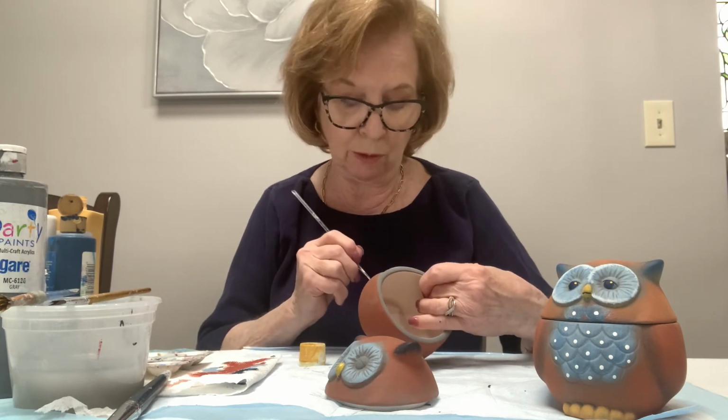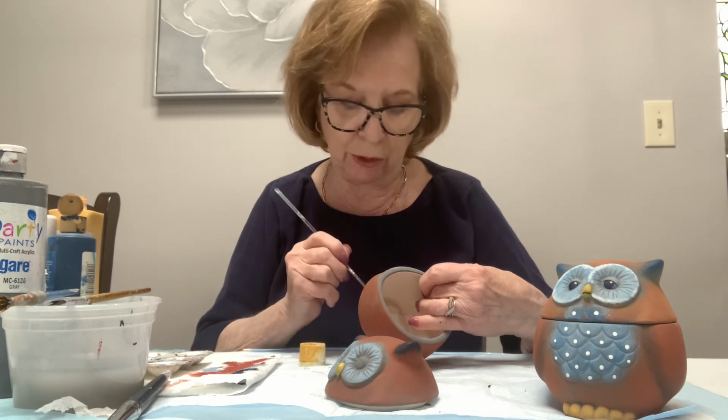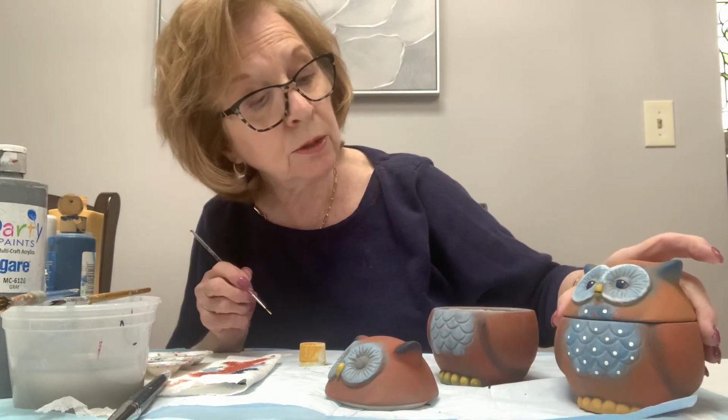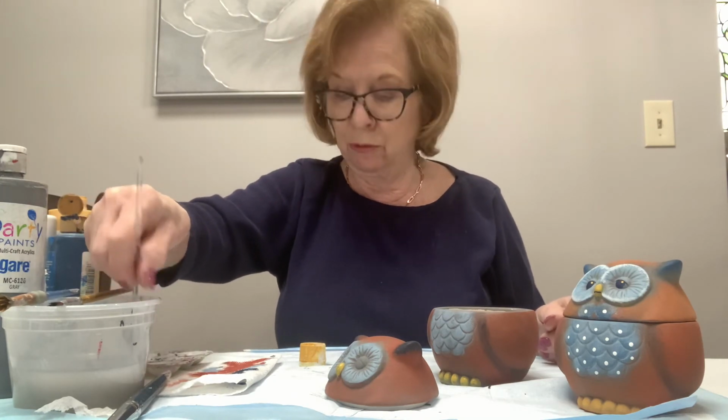And I'm using my small pointy brush to do that. I have a little different brush than you have, but it has the same kind of a point. So use your pointy brush to do that. Now there's a second coat. Okay. Now, what did I do next? We can take the navy blue, the very dark blue,